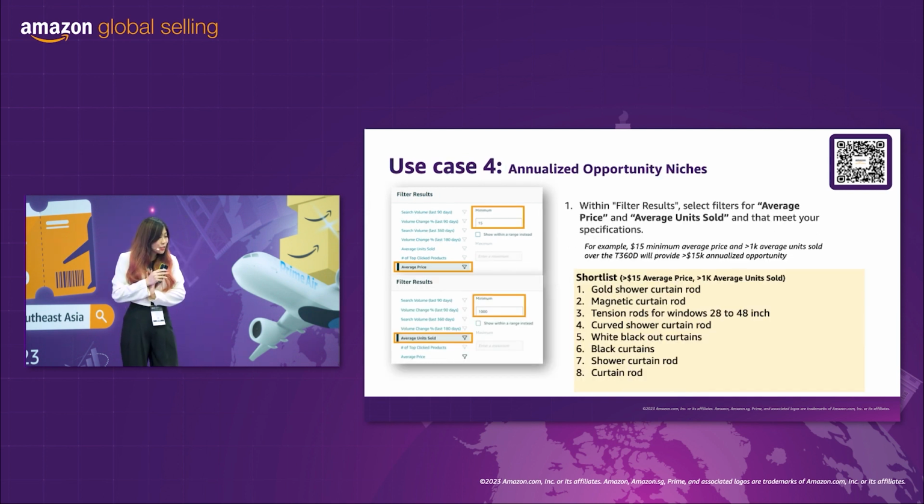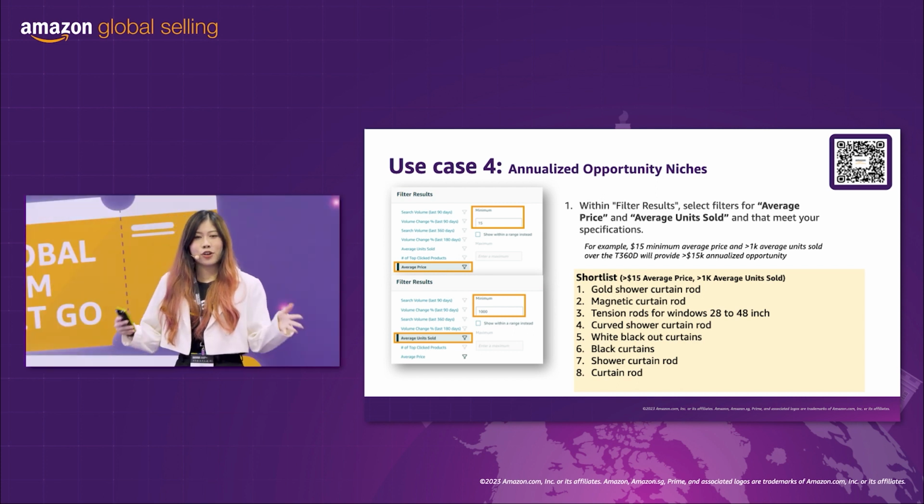Okay, so the last one would be annualized opportunity niche, which I think is really very useful. Sellers always tell me, hey, I want to earn 20,000 a month. First and foremost, you need to know whether there's enough demand for your product to even earn 20,000. So how do you find that out? You'll need to filter by the price band, and also roughly put in how many units you